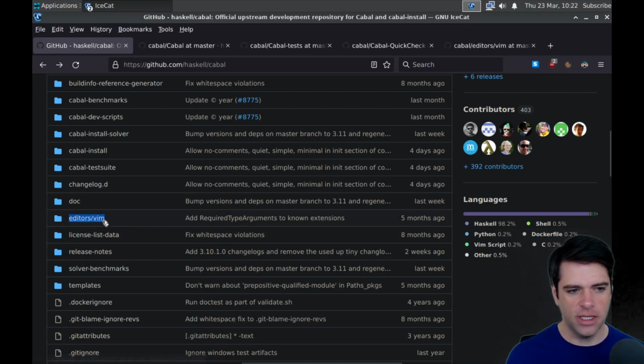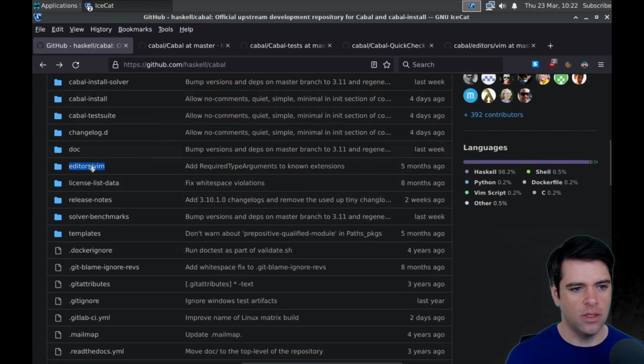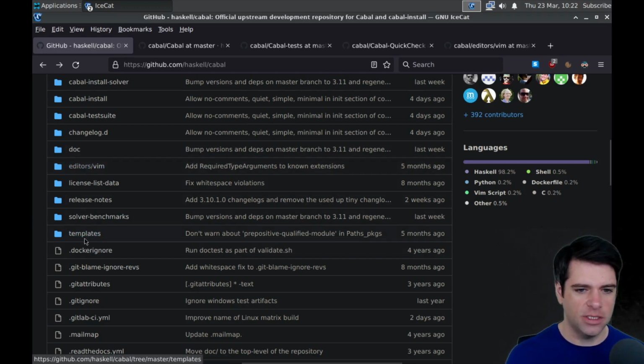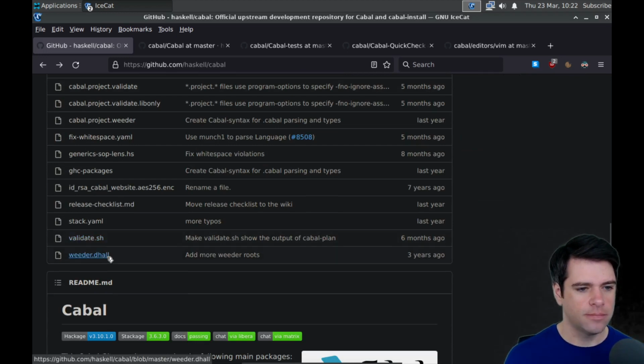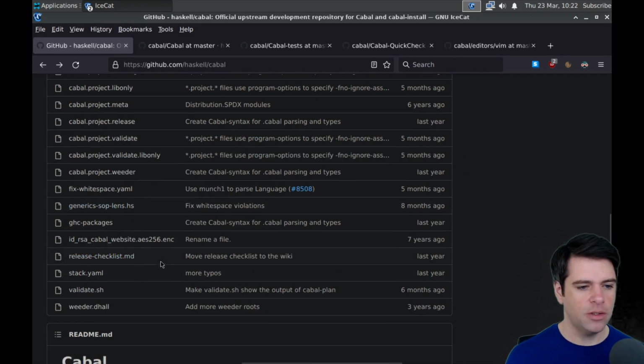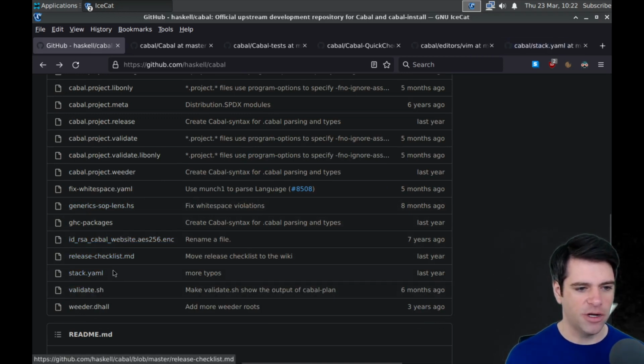I think that's what GitHub means. And then there's some template stuff, which maybe I want to look at, I guess. And then there's a stack file. I don't know if the Cabal project uses stack itself or if this is just to support other packages using stack.